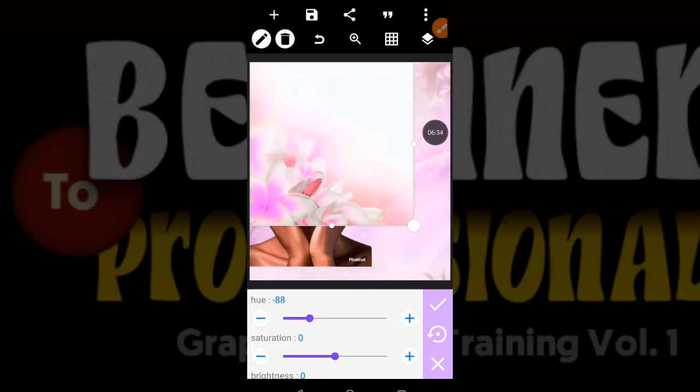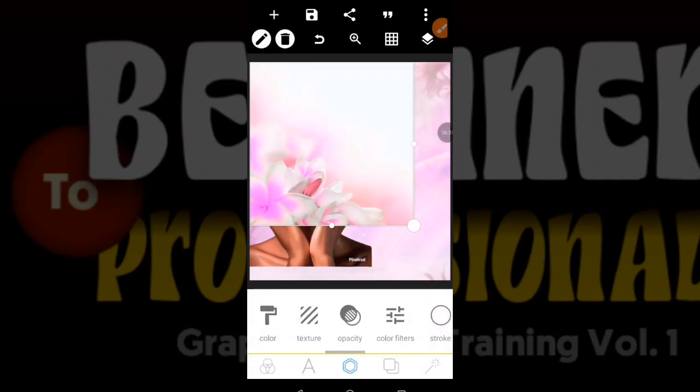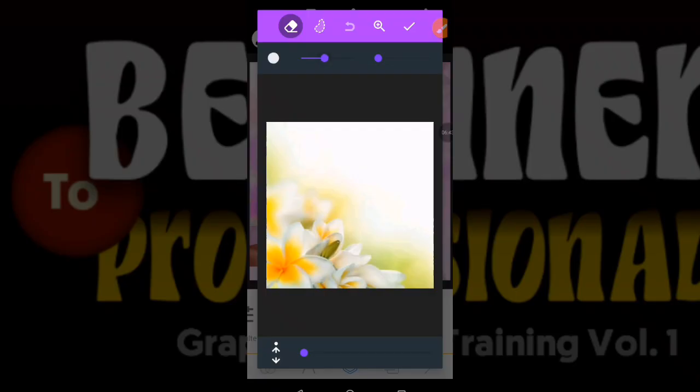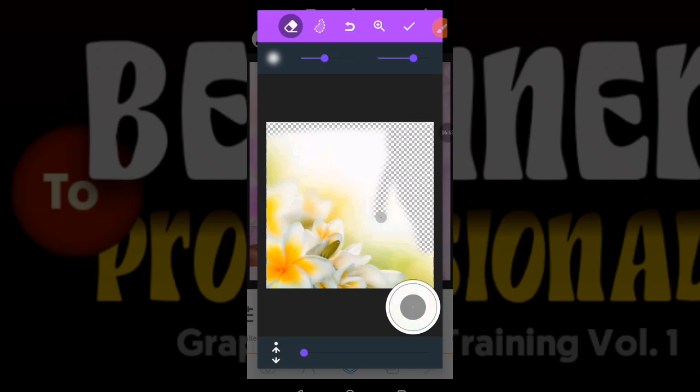Yes, very good, like this. Let's just put it in 90. Now this is good. Now go to your eraser, clicking on it, move this a little bit, move this a little bit, move this a little bit, move this a little bit, then erase this part. Look at me, look at where I'm erasing. Erase this part, erase this part of your